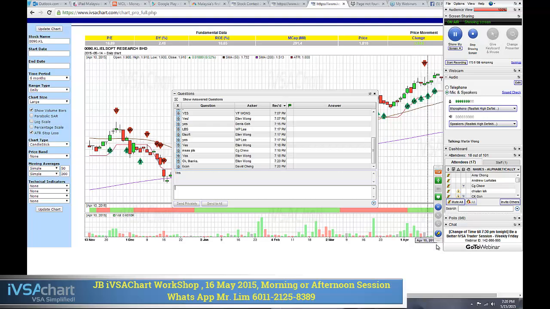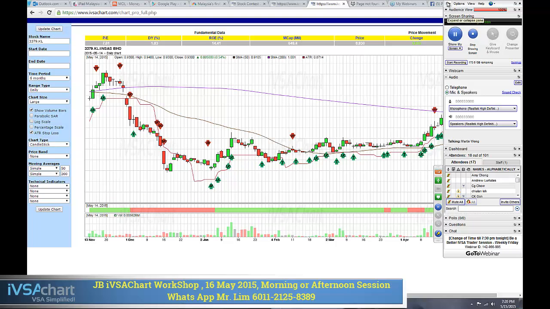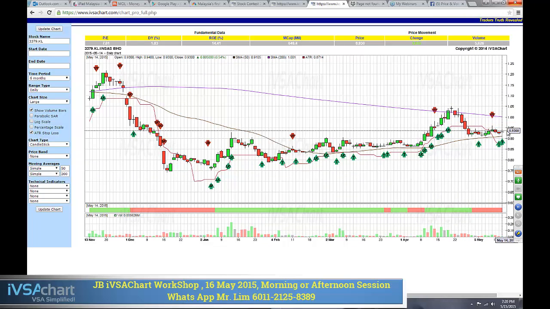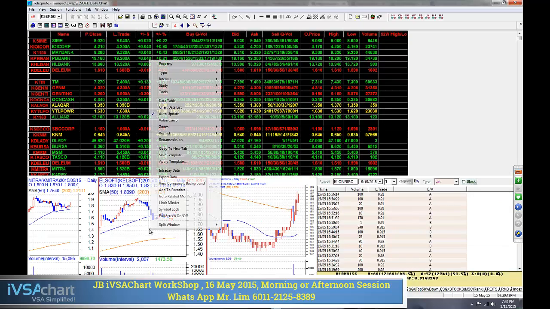Okay, I think someone asked me to look at another stock. Insas. I think Insas today, it's a 5-day line change actually. We have a 5-day line change for Insas. So you can see we have a 5-day line change here. Just got up yesterday. You won't see it today. This is the one.